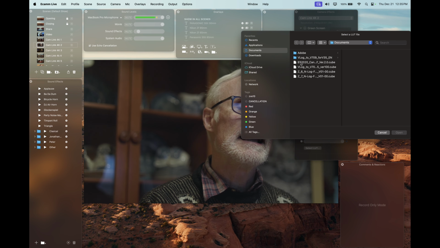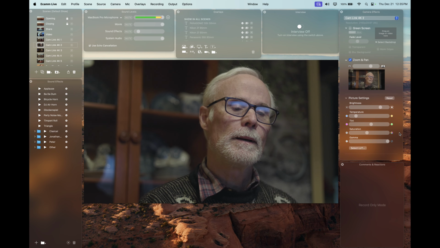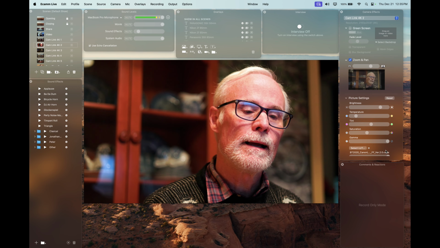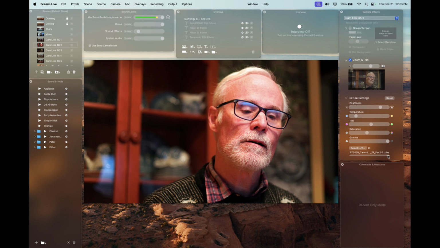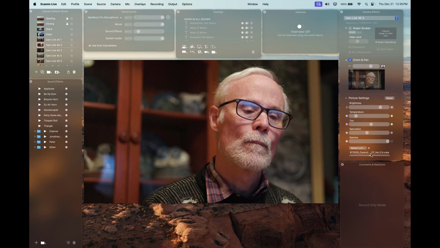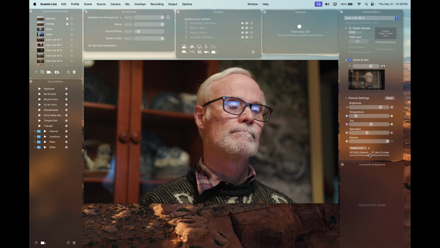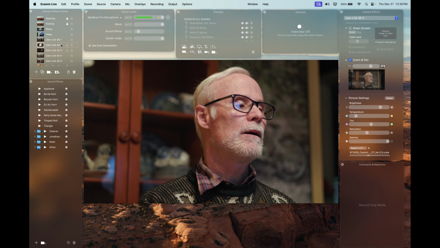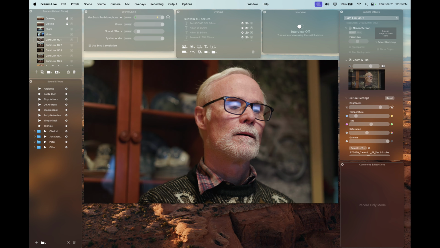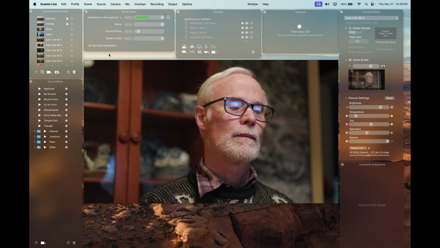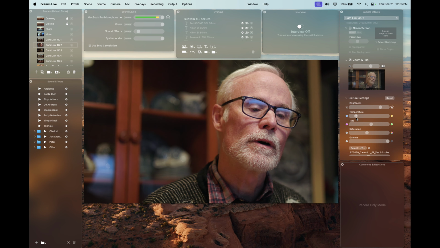So I go to the Canon, open it. Now I look real red, right? But you remember the little slider down here? I just bring it right underneath the X. So now you can compare this with the Panasonic, and it's almost the same, okay? It's a little bit too orange, but